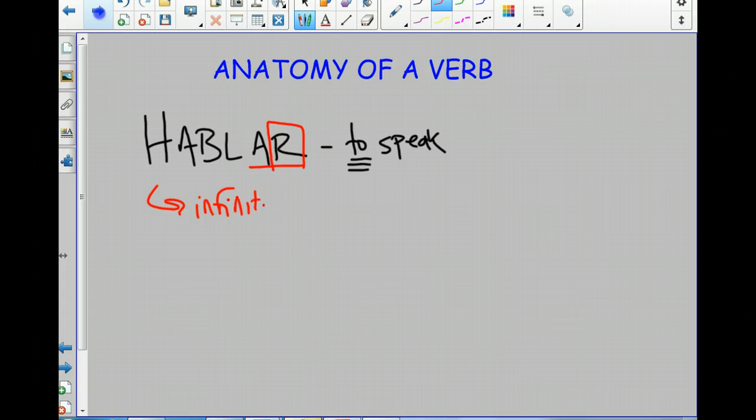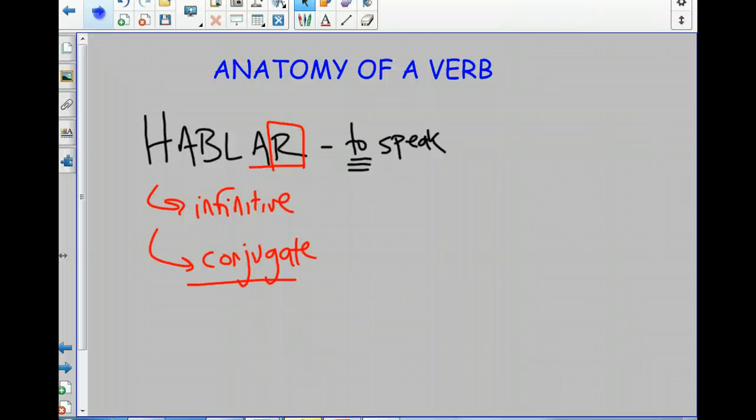Infinitive. And what the infinitive means is that it's the basic form of the verb that you'd look up in the dictionary. In order to use this verb, we have to conjugate it, a scary word. Conjugate just means put it in the right forms. Tell us who's speaking. If I say yo hablar, that means I to speak, and it doesn't make any sense. So that's what conjugating is.